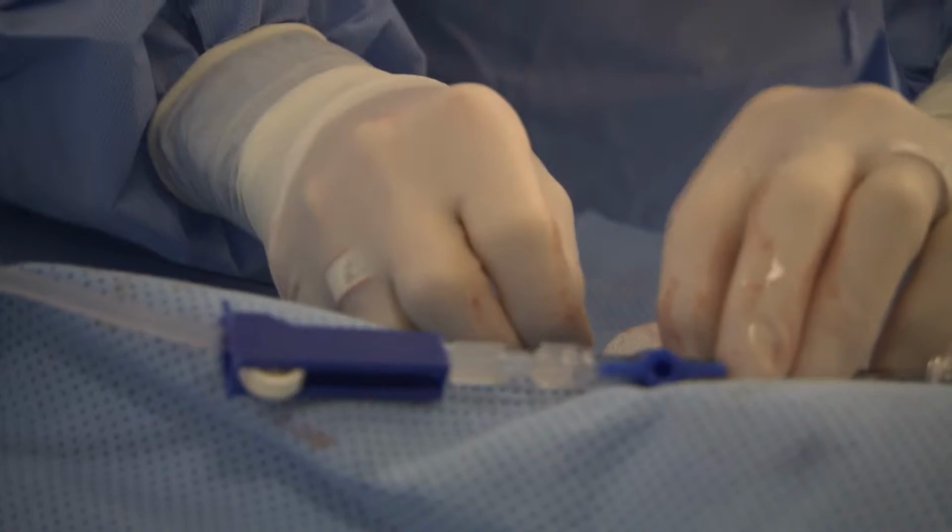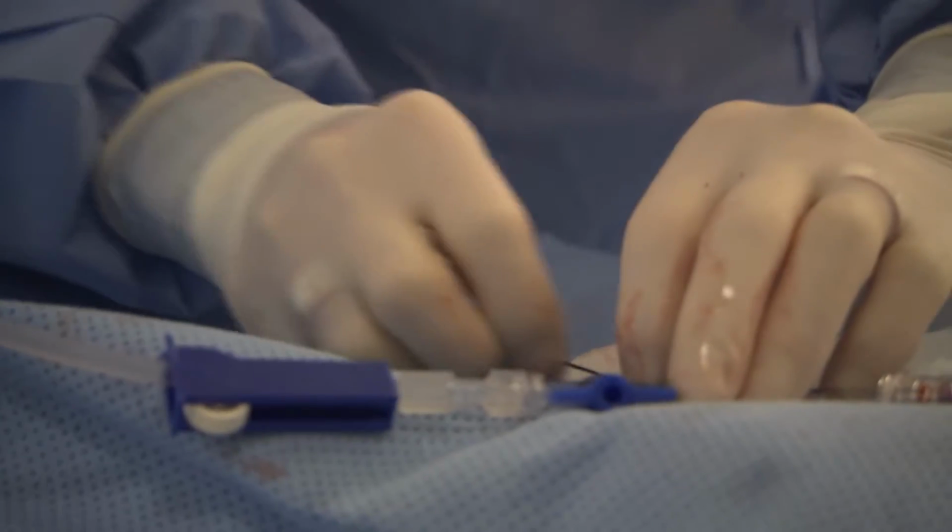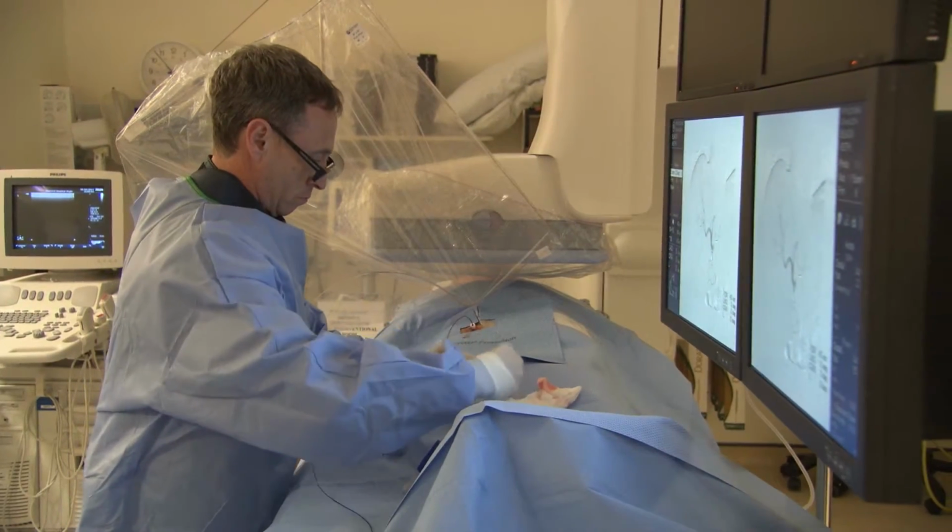SIRFLOX Y90 resin microspheres are implanted in liver tumors by interventional radiologists, like Dr. Fred Maeslein of the University of Maryland Medical Center, the largest U.S. SIRFLOX study site. The patients are brought to the operating suite where they are given a light conscious sedation to help them feel more comfortable during the procedure. The procedure itself is relatively short. I thread a catheter up through an artery in their leg and then directly into the arteries in the liver